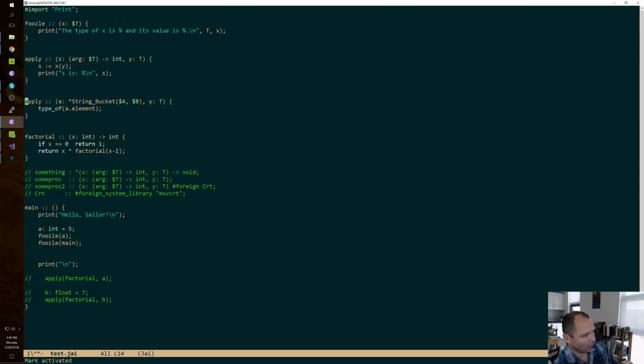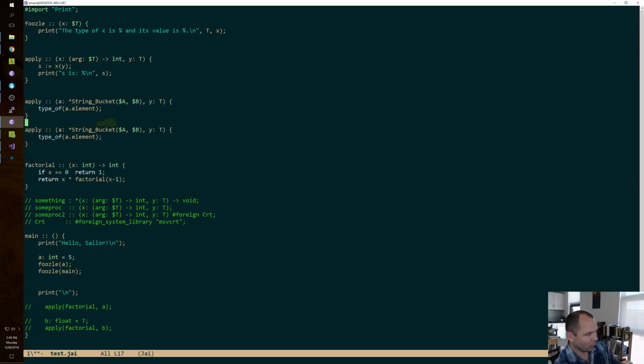So when we do the autopoly version of that is when you don't write those parameters. Now when you don't write those parameters, like I was saying in the first stream today, we have to make a new copy of string bucket that has a constants block where A and B are defined. And we do in general need to do that because